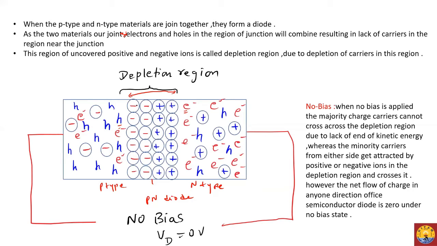On the p-type side, we have negative ions, and on the n-type side, we have positive ions. Now you can see a barrier is formed, because this is like a negative plate and this is like a positive plate. So it has its own potential. Because of these ions, a barrier potential is formed. Different semiconductors will have different barrier potential values. So for silicon, does anyone know what the barrier potential value is?